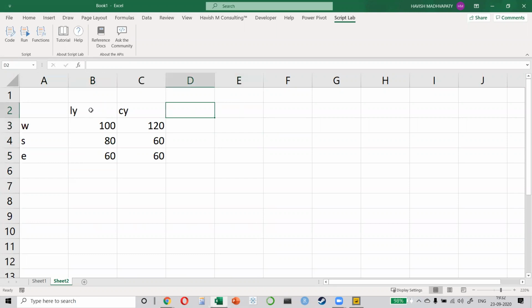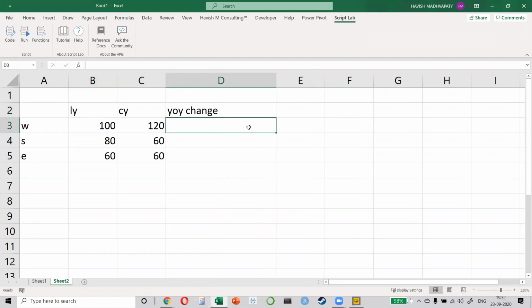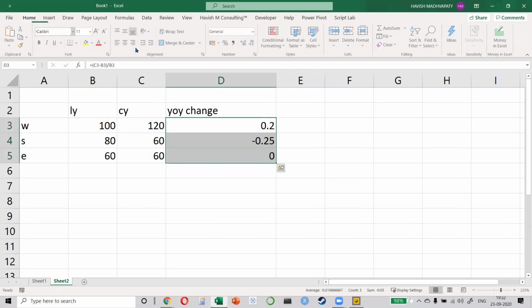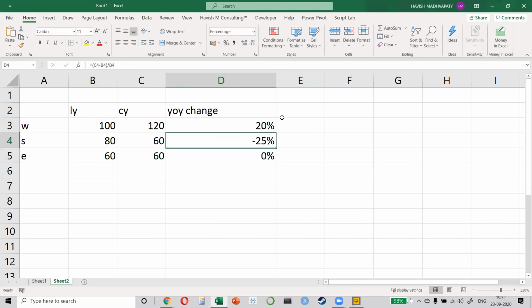Now, how do you find the YOY change? Usually when we write a formula, we would write it like this, correct? We would write equal to my current year minus my last year divided by my last year. Everyone? I'm sure everybody will agree with me.